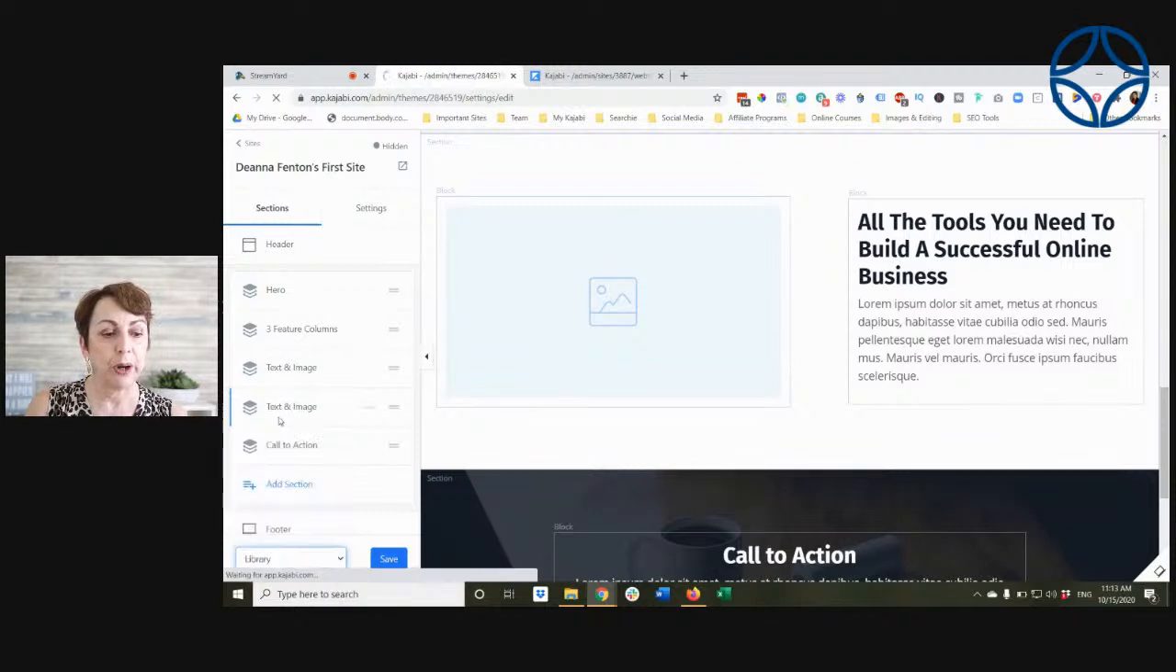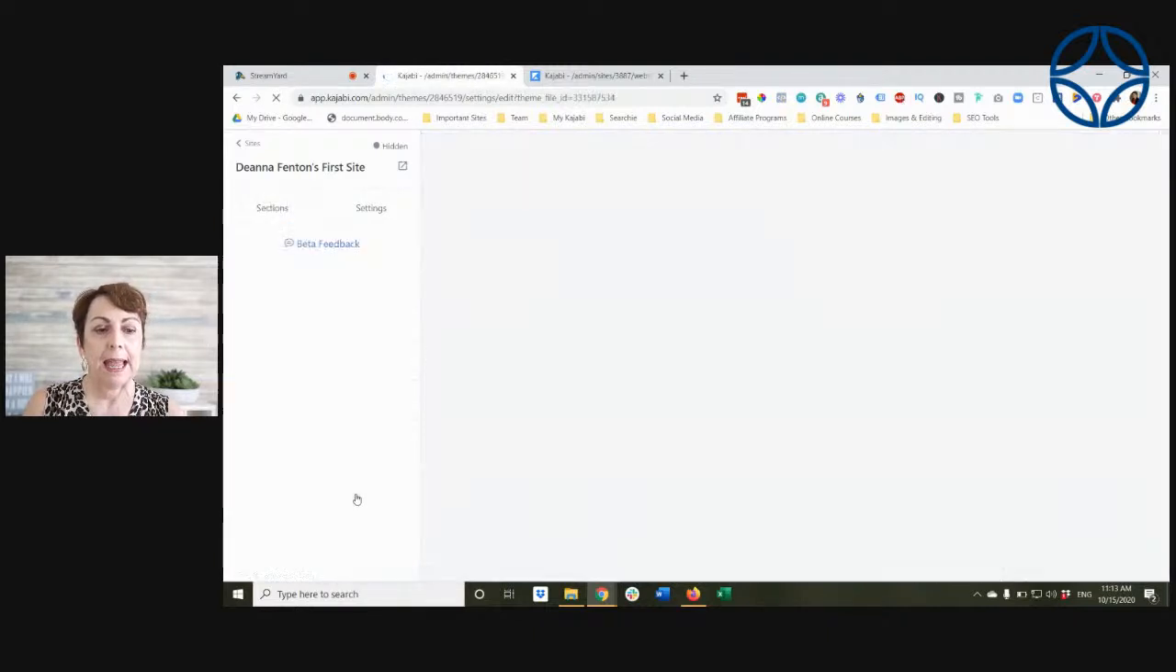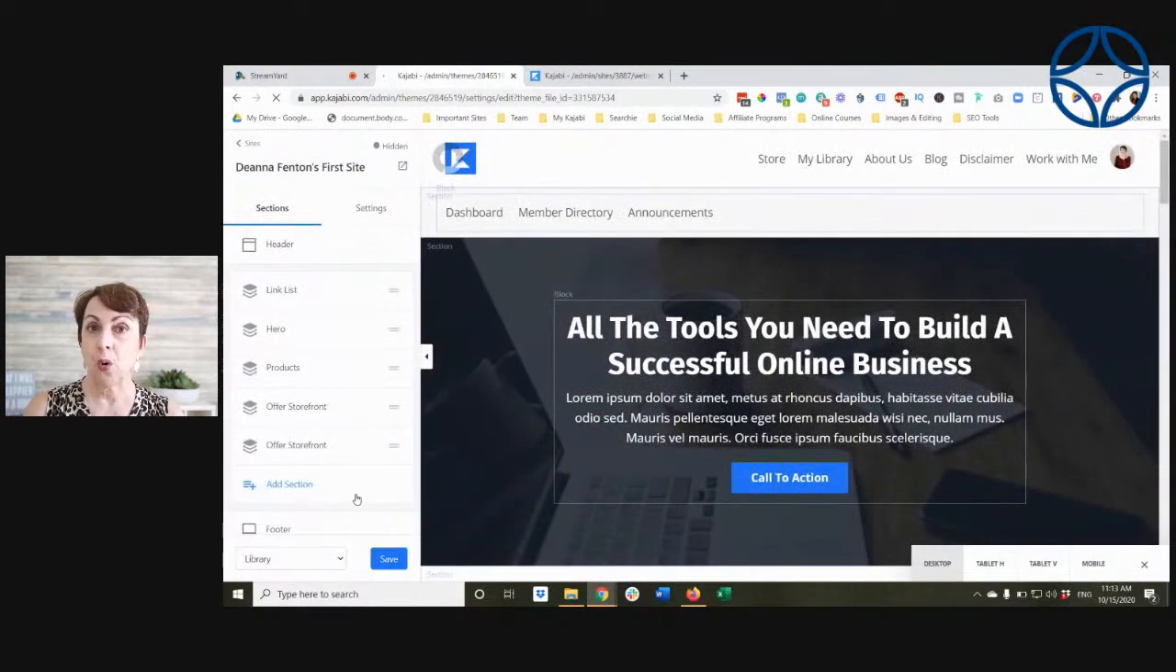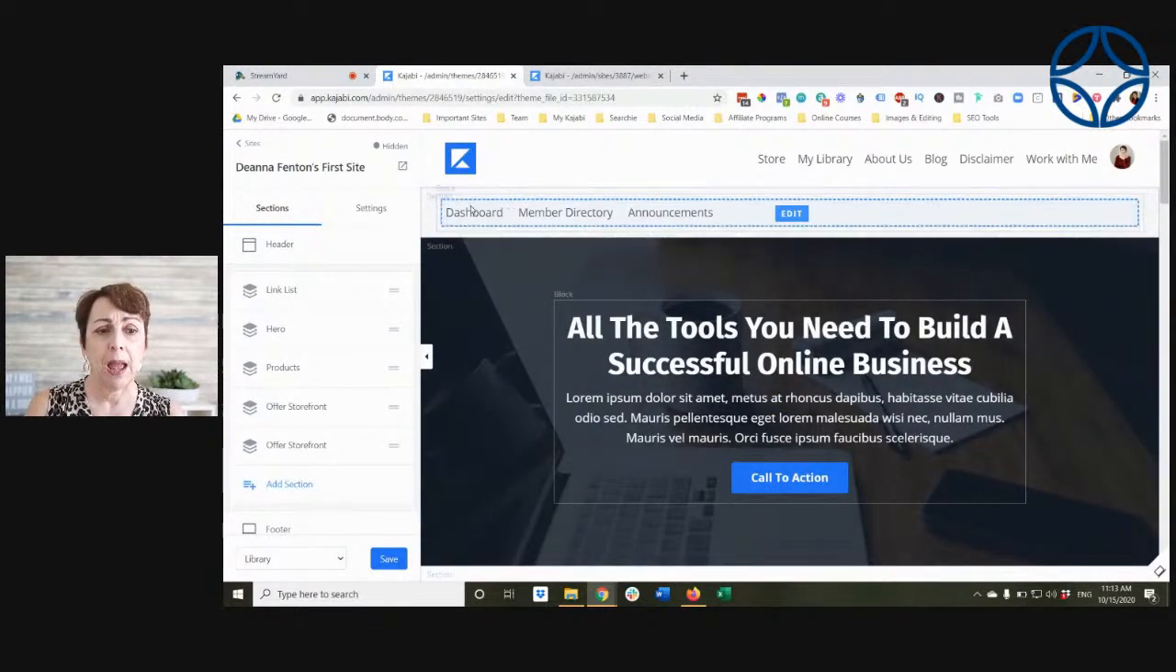So once again, library. And now the library is the page that your members land on when they first log in. Here is what's pretty cool. They are now creating for the library